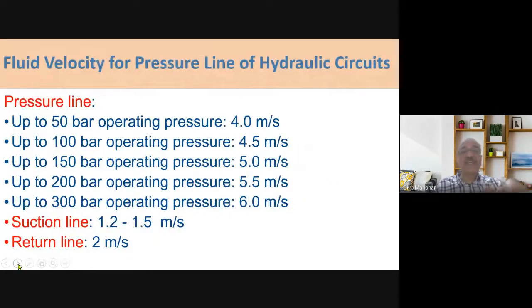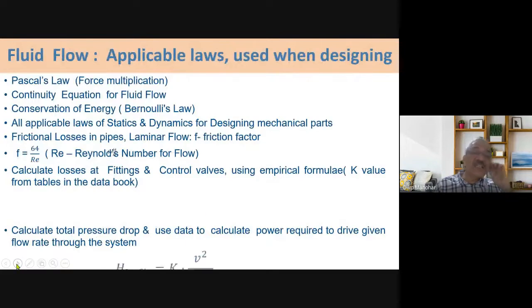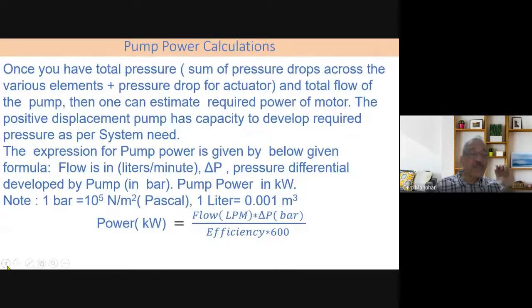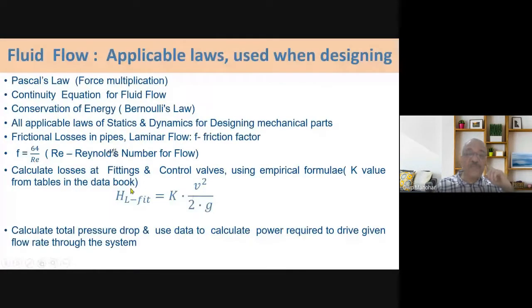Then use the pressures, velocities. These are the tentative velocities. We have selected in the beginning 6.1, but here you can go to slightly lesser also. There is no issue. So using this velocity, the pressure drops across the various fittings could be taken from some catalog, and friction in the pipeline was taken from the Reynolds formula, 64 upon Re. So we did that calculation.